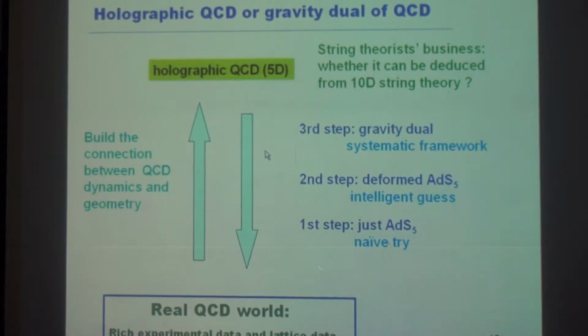In this framework there are many efforts. I will show you some naive tries, and also, because AdS5 cannot really describe QCD, some intelligent guesses of a deformed AdS5 metric.